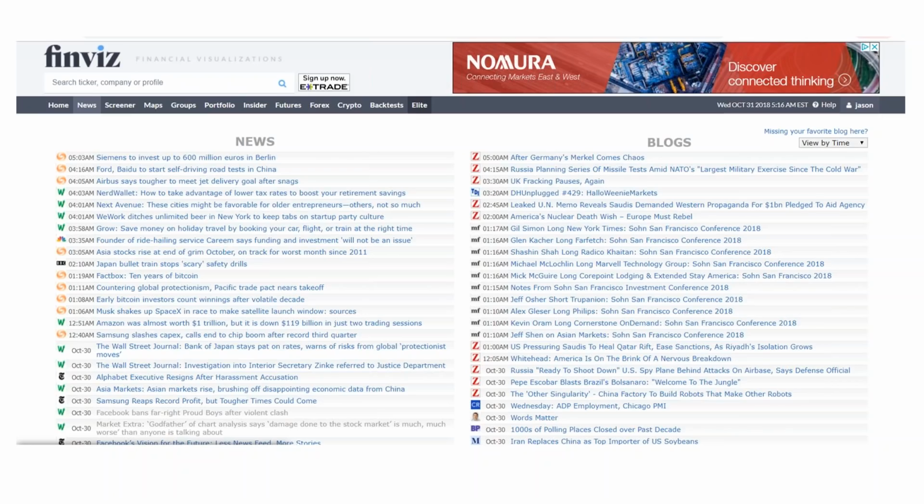A lot of my setup, honestly, and you guys do this as traders, is I like to scan lots of stuff at once and then pick something out, needle in a haystack. So on the left, you've got just news, a lot of Reuters, MarketWatch, New York Times types of news sources. On the right, a little more of the Wild West blog situation. But as I talked about earlier, as a trader, you need to read, in my opinion, and finding those sources where you can scan through a lot and pick a few things out from many options just based on your own innate curiosity or your own desire to understand the market better